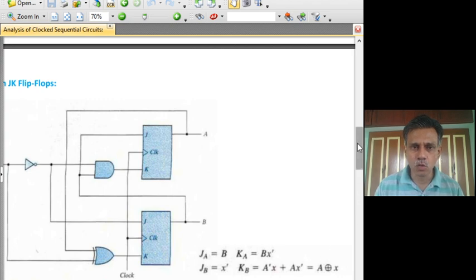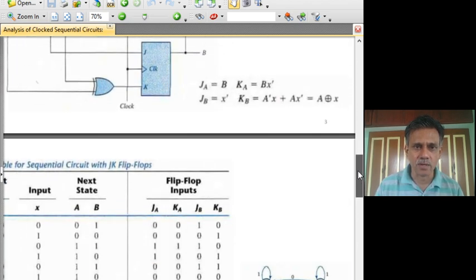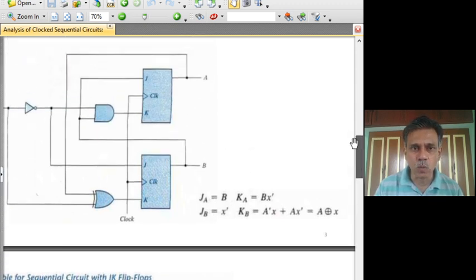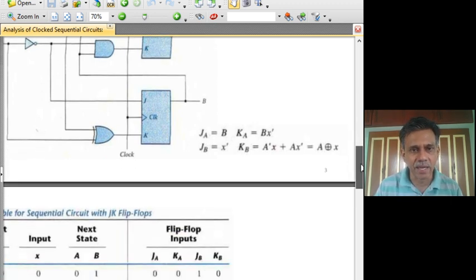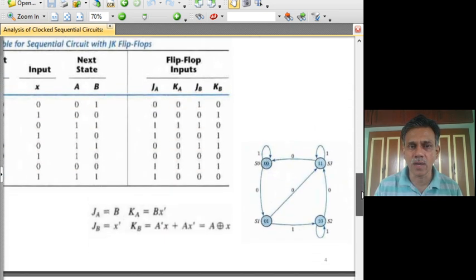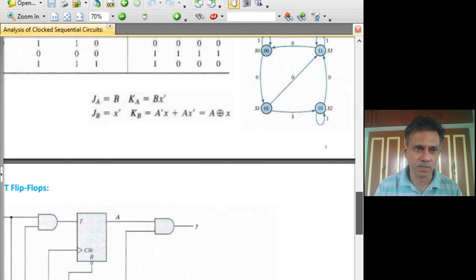Then having got this truth table, write down the state equation. From this state table, by using the K-map reduction technique, you will get this. You will do everything in the reverse order. Having got this, you find out an appropriate circuit which will realize it and interconnect it. Take appropriate feedback from A, B, X, and then introduce whatever gates are required to realize J_A, K_A, J_B, K_B, and then connect it. Then you have the circuit. That is the synthesis. So it is exactly opposite to the process involved in the analysis. But once you know the analysis well, synthesis will also be easy to understand.